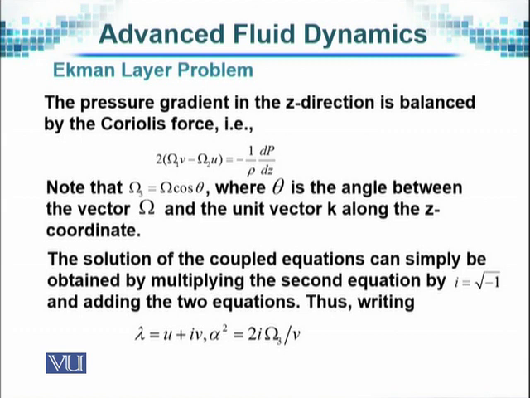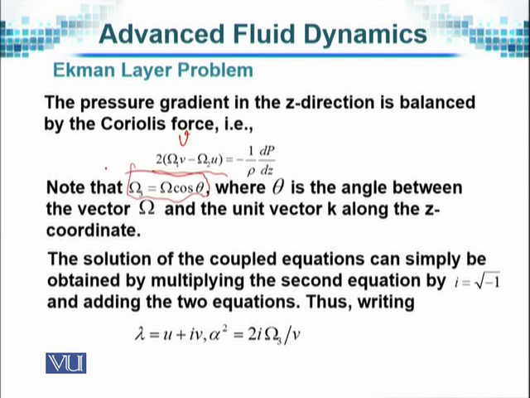So the pressure force and the application of the pressure is to be balanced by the forces that are affected by the rotation. And hence from there we will have 2 times omega 1 into v minus, to write it more clearly, I would write it as this, minus omega 2 into u equals minus 1 over rho dp by dz. Now we note that omega 3